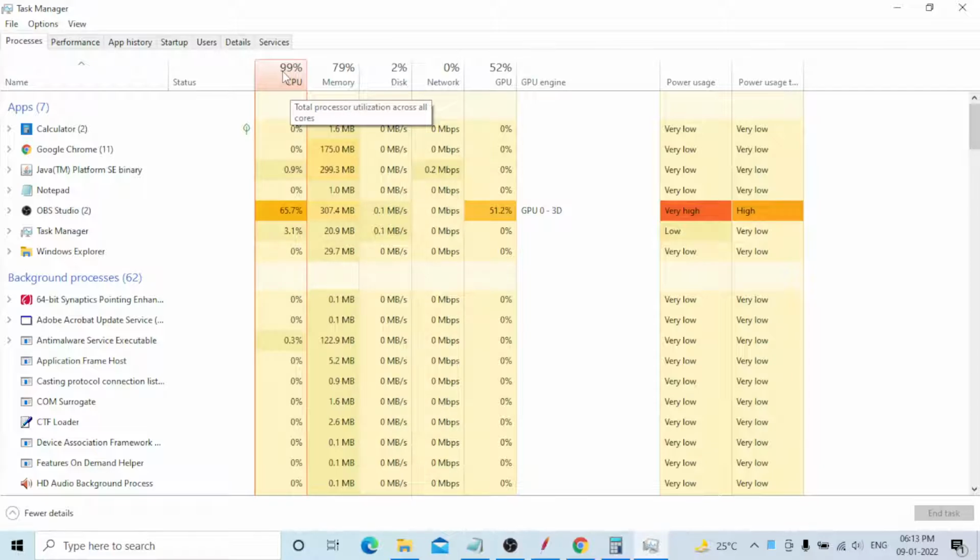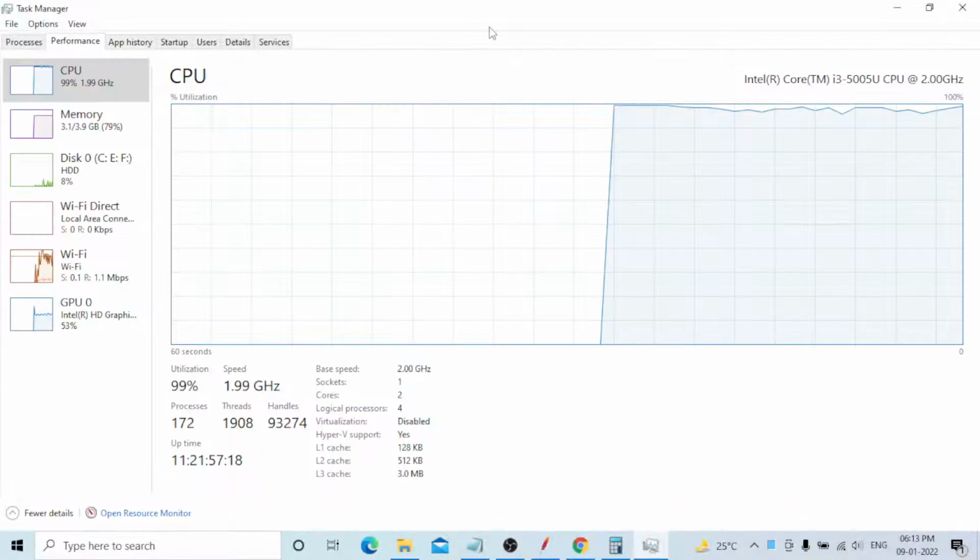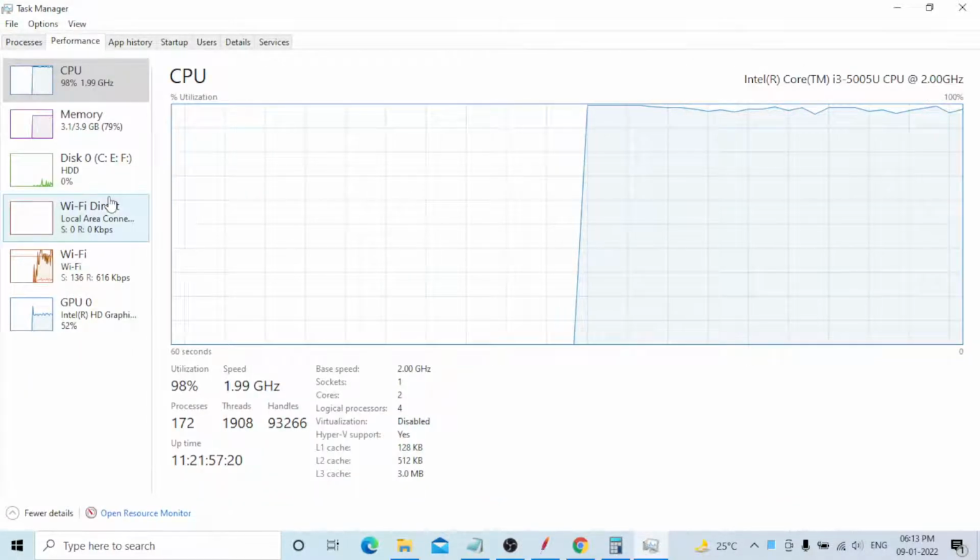Okay, power usage is very high. Power is high and very high on both sides. You can see the CPU is almost 99 only. Okay, there is no percentage showing.